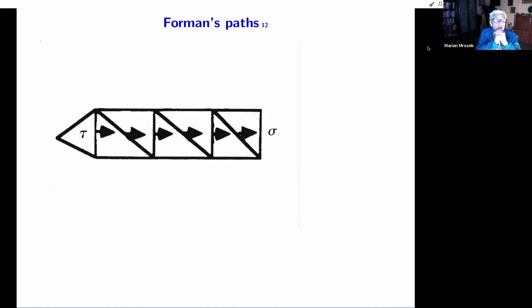So he did not go too deep into the possible analogs of dynamical concepts in his theory. Nevertheless, there is something like a solution of a differential equation, namely what Forman calls a path. So Forman's path